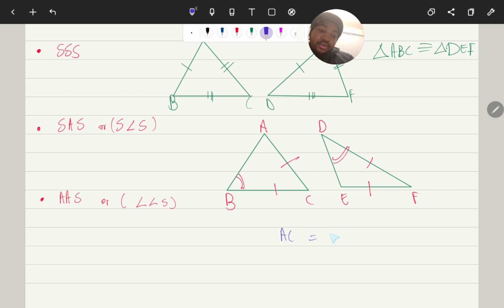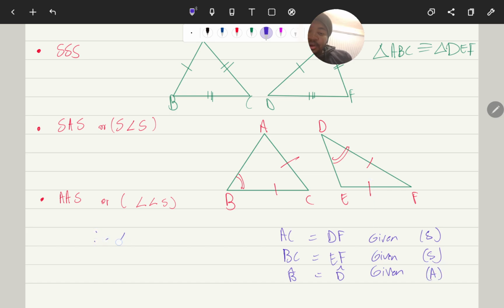AC equals DF, right? You then say, oh, okay, that's a side and it's given, and that's a side, right? And then you would say BC equals EF, right? It's given also, and it's a side, right? And then angle B equals angle D, right? And it's given, and that's an angle. So you would then say, therefore, triangle